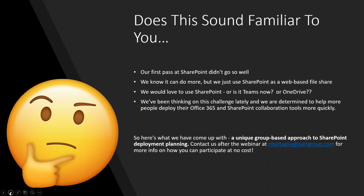You've worked with some SharePoint before, but it maybe didn't go very well, or you've got it and boy, it could really do more, but right now people just dump their files there. It's basically your online file share. You got SharePoint, but wait a minute, there's Teams, but what about this thing called OneDrive? Where do I put my stuff? How does this all work together? So Stephanie, this is your